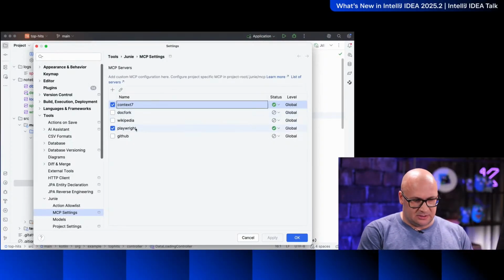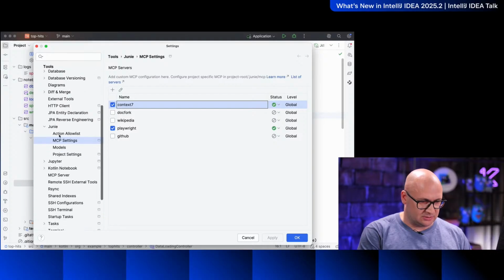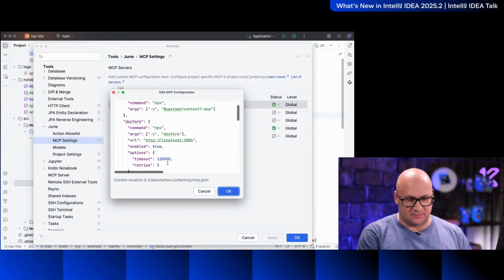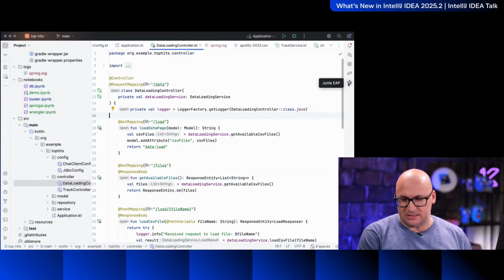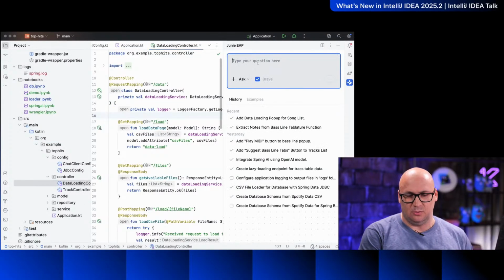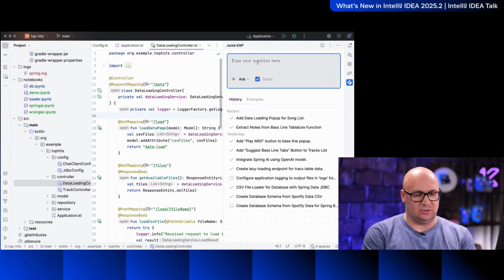So the configuration on my screen is under Tools, Junie, MCP settings, and then there is a list. In fact, it's just one file, a JSON file, and I just check which ones I want to enable for my project. Let me see: if I go to the Junie window and ask it to add an MCP client to this project,